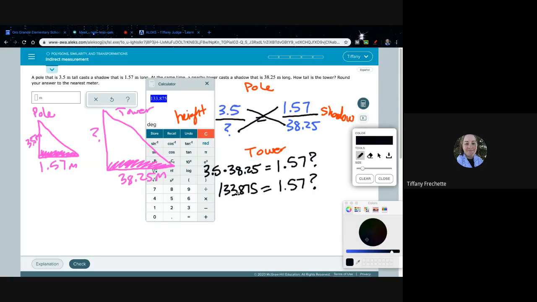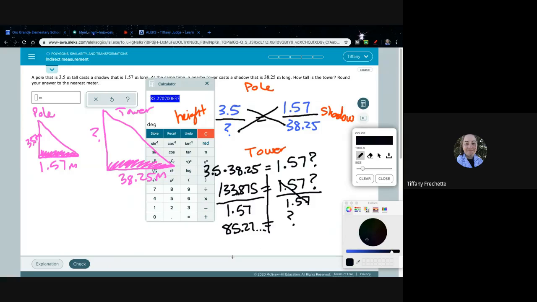And then what we want to do is divide both sides of our equal sign by 1.75 because we want to get this question mark by itself. Any number divided by itself cancels. That's why we want to divide, so that we can get question mark all by itself. All we have to do is go back to our calculator and click divide 1.75. And again, I already have my number in there from before, so I can just hit divide. I don't actually have to retype the number because it's already in there. So I get